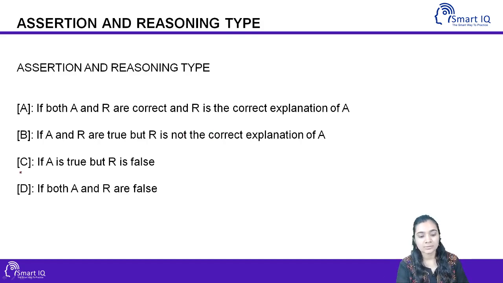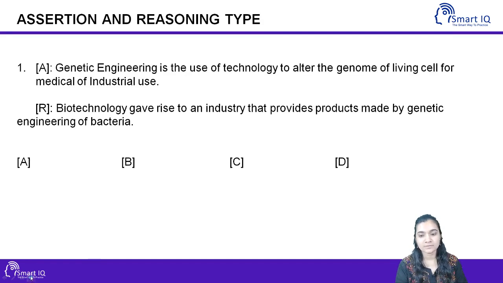If you choose option C, it means that you think that A is true and R is false. The statement itself is false. And if you choose D, it is when both A and R are false. That is, the assertion and reason are both false. So let's jump to the questions. The first question is